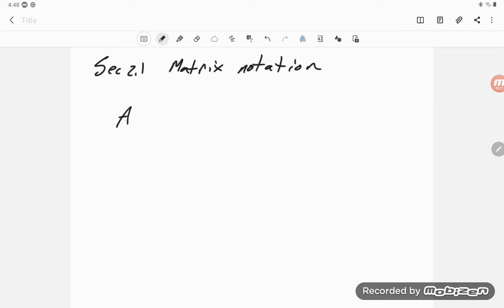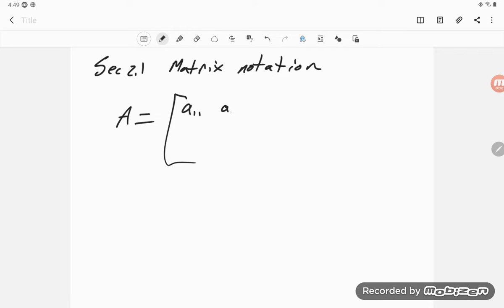So for a matrix with more than one row and column, we'll typically use an uppercase letter like A, and then its entries will be indexed by two indices, and the first one is the row, so we